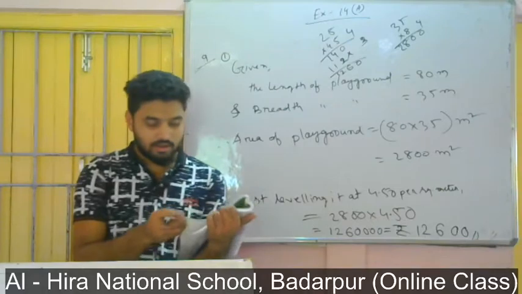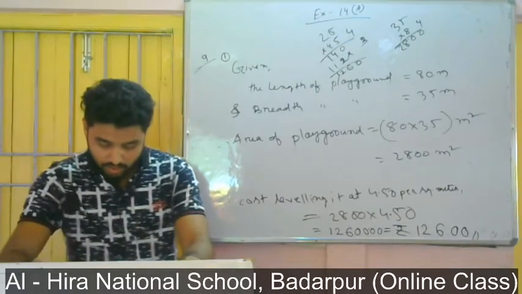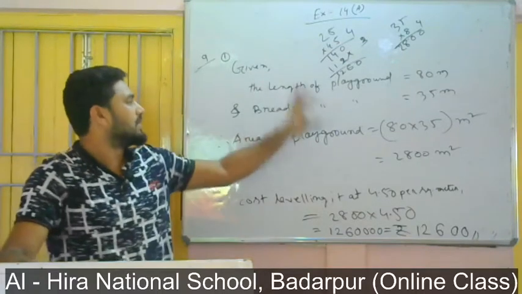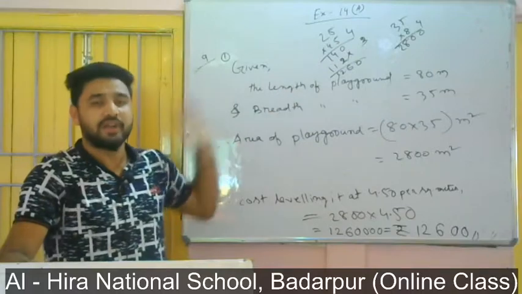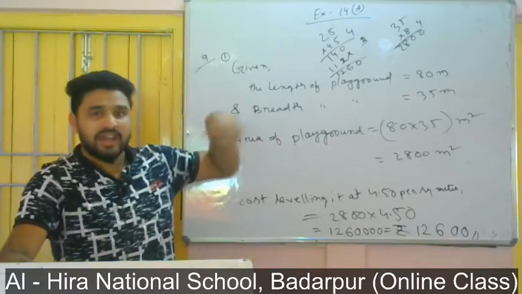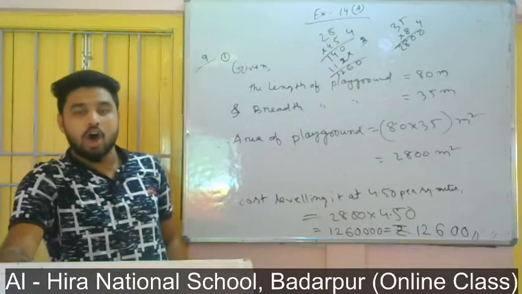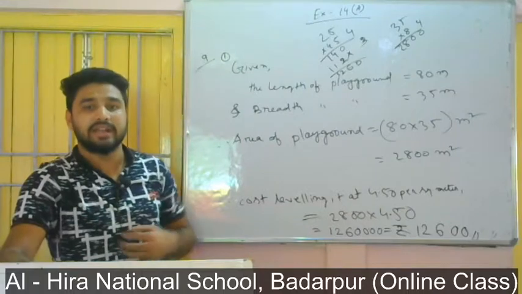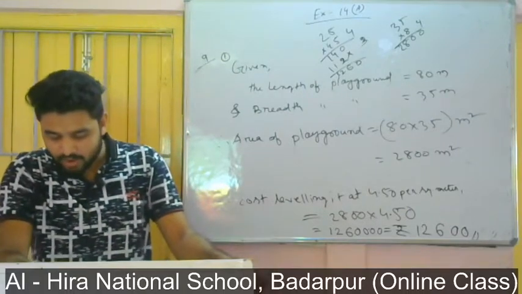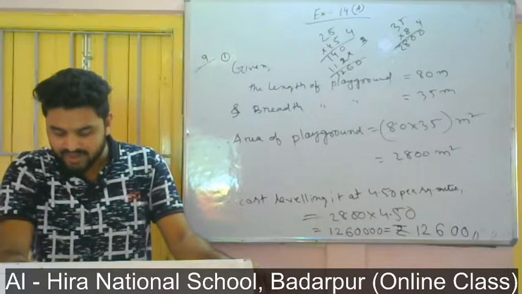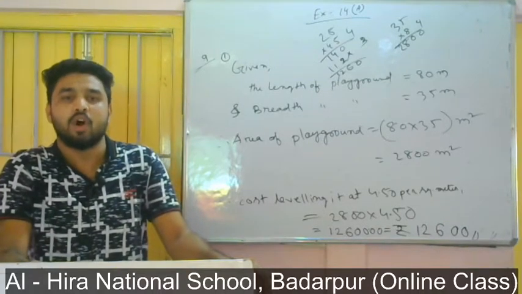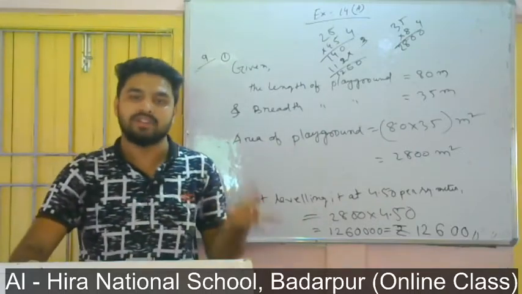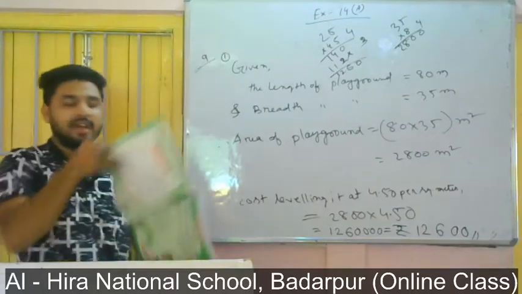Now come to question number 2. How long will a boy take to go 3 times round the field? That means with the given field, if a boy goes round 3 times at the rate of 1.5 meter per second, that means in 1 second he goes 1.5 meter, then to cover these 3 rounds how much time will it take? You have to find the time.